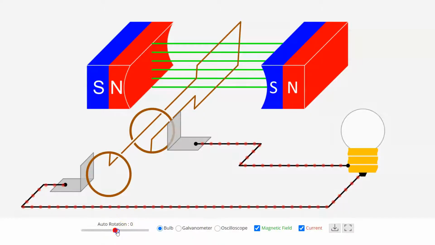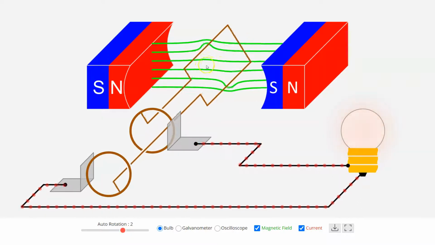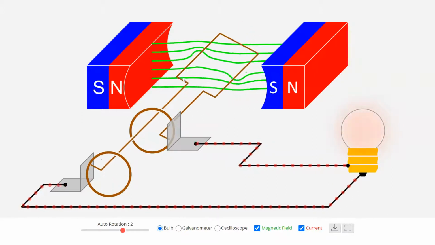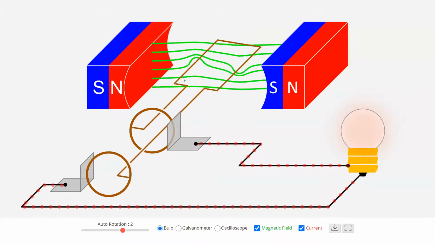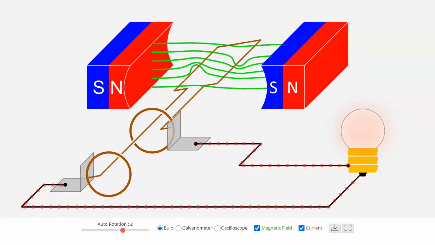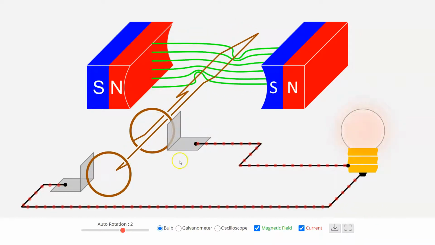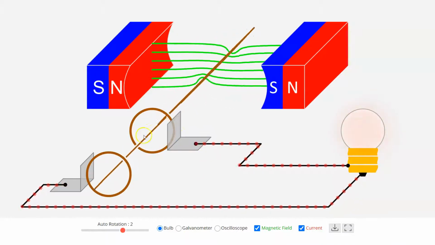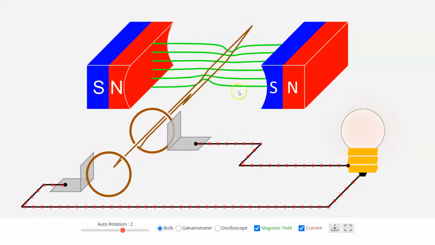So just like with the other setup, you know that whenever you have a wire that's moving through a magnetic field, earlier we saw that the magnet was doing the movement. Now we're keeping the magnets stable, and we're moving the wire through the magnetic field, but still you have charges that get pulled on from this magnetic field. So as you can see, it's pumping the electrons, and that's really a bad term, but that's the way you can think of it. It's pulling the electrons. There's a magnetic force, and it's pulling the electrons back and forth